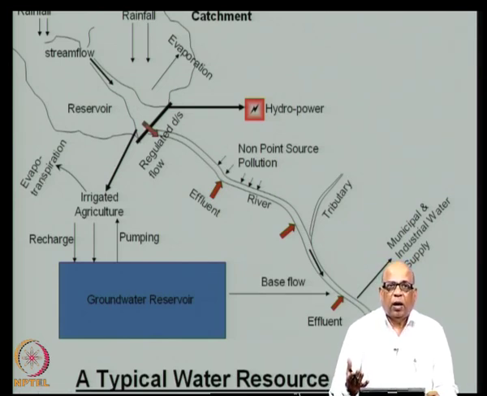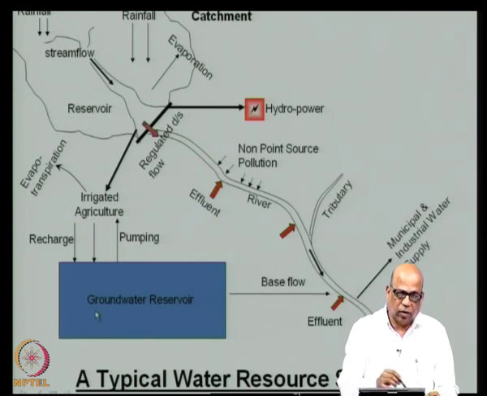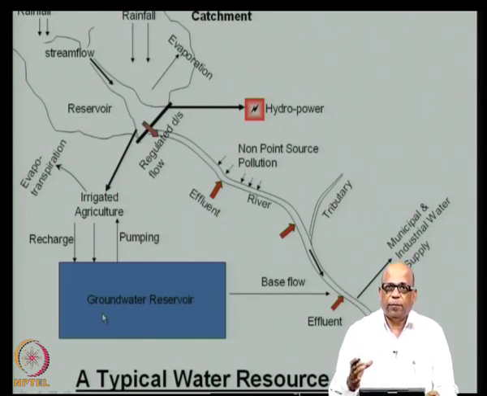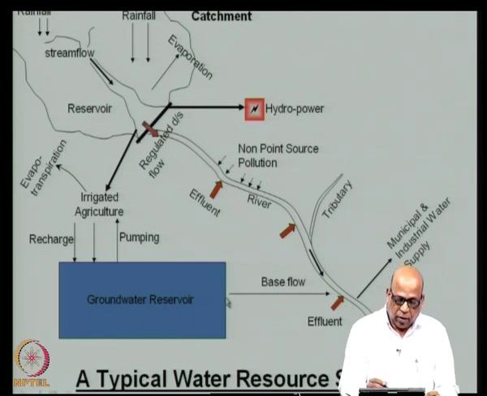Now, at the irrigation point itself, you may have evapotranspiration taking place. This is essentially how the crops use the water, through evapotranspiration. Now, the evapotranspiration itself will depend on the soil moisture, and therefore, you talk about another reservoir, the soil reservoir. So, there is a surface water reservoir, there is a groundwater reservoir, there is a soil moisture reservoir. Now, for the soil moisture reservoir, again you will do the continuity of the soil moisture based on how much has been accumulated in the soil moisture, how much has been taken out by the crops and other vegetation in the form of evapotranspiration. And then part of the groundwater reservoir also contributes to the base flow.